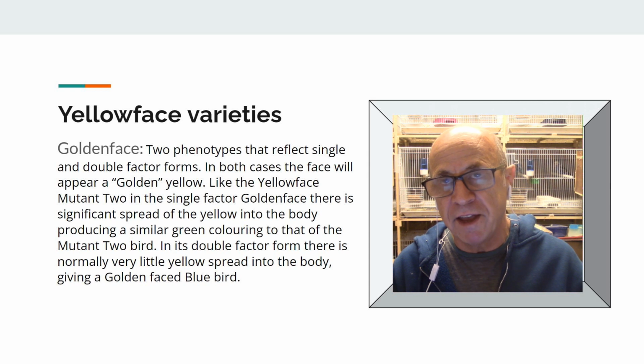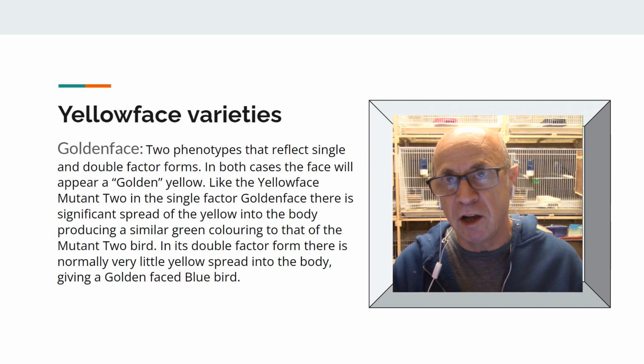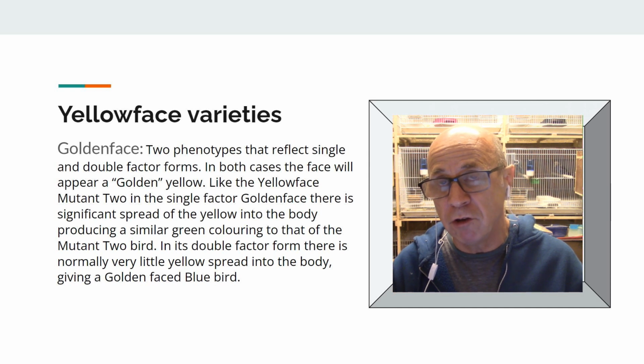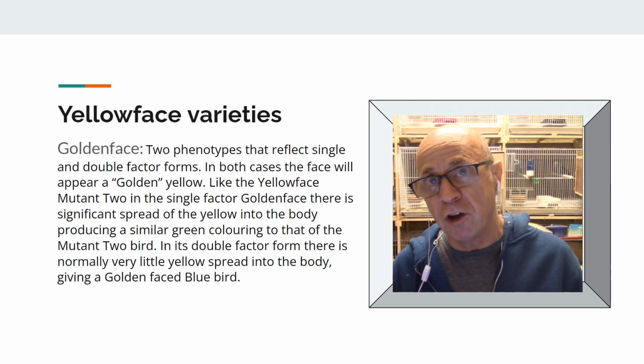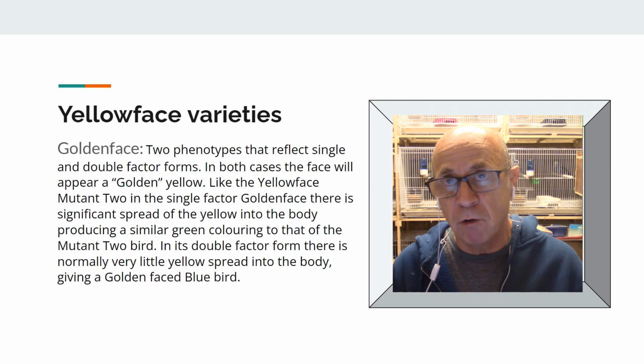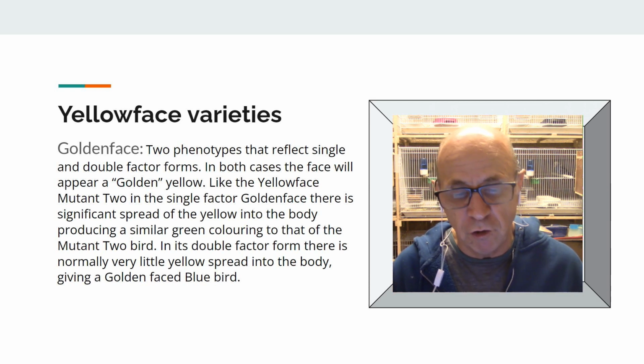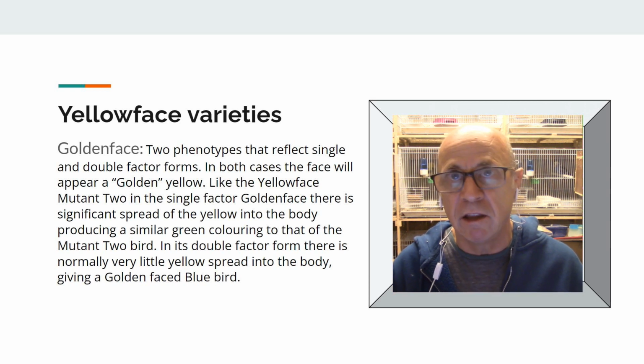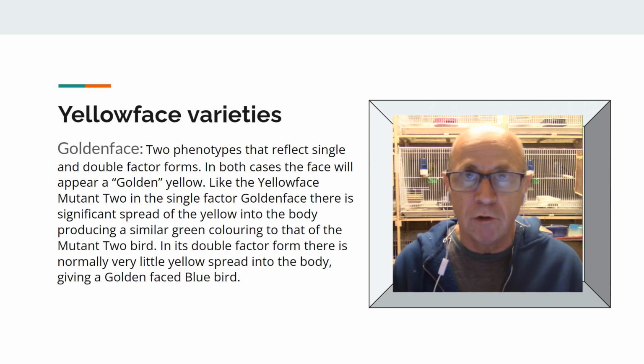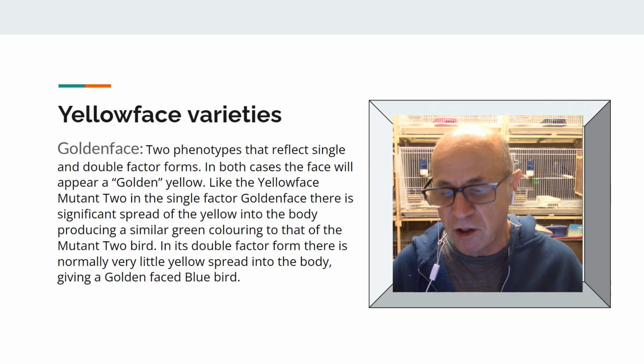You'll quite often read that the diffusion is quite often more significant in both mutant 2 and the golden face after the first molt, so the first molt can tend to make the diffusion appear worse than it might do otherwise. So those are the three varieties of